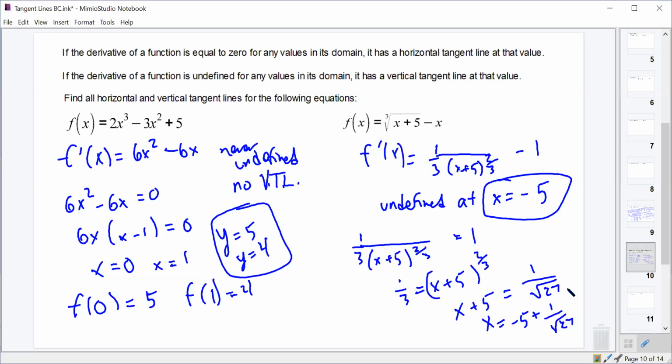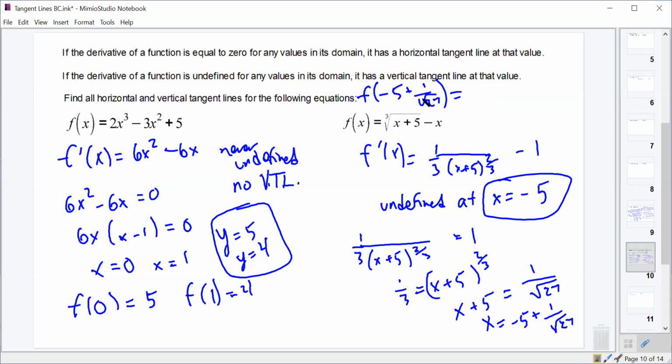And that's when that'll occur. And we just then need to plug that in up here to figure out what the actual horizontal tangent line is. So we'll say f of -5 plus 1/√27 is what do we get? If that's our x value, -5 plus the 5 cancels out. So we just have the cube root of 1/√27, which is,